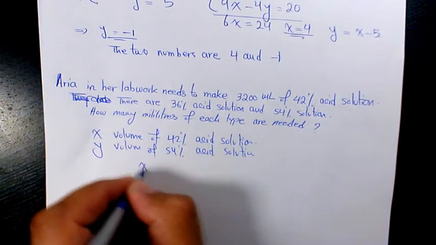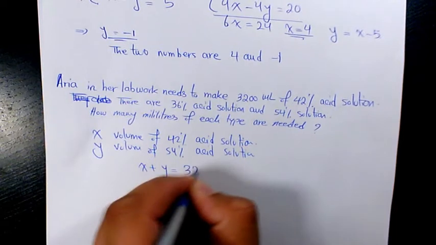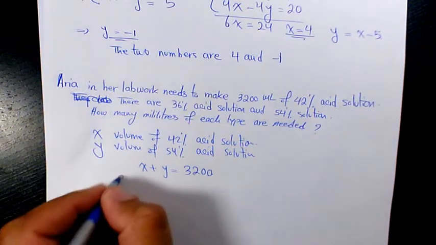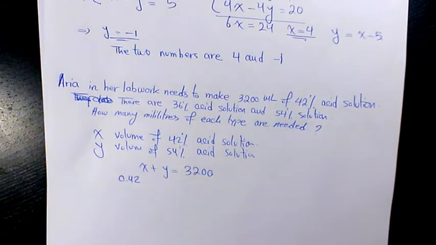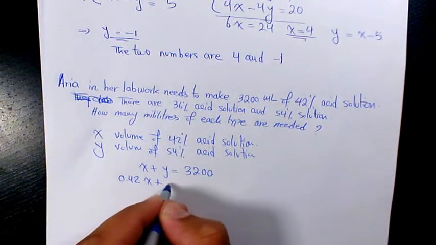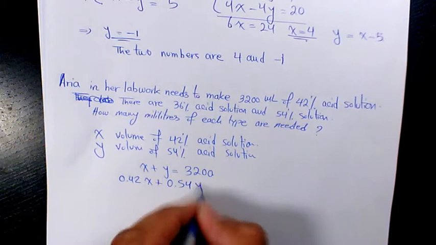So together x plus y is supposed to be 3200, and the second equation I need to write based on the concentration. So I'm going to say 0.42, which is 42 divided by 100, x plus 54%, 0.54y, supposed to be